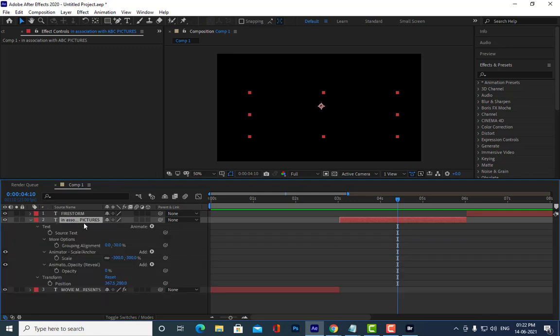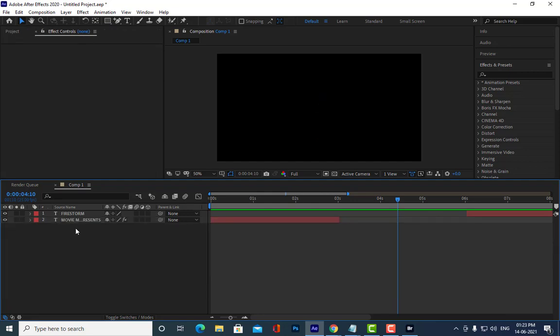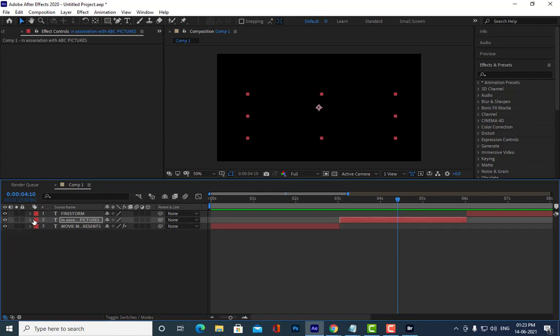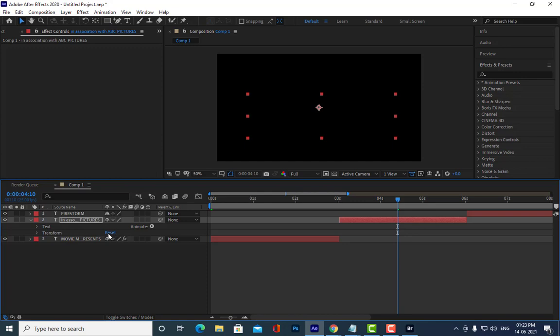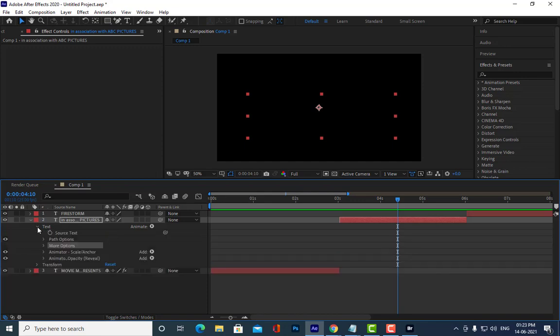See, you can double click, you can hit O, okay? You know what is O? Does anyone know what is O? Nobody knows? O is to go to the end point of the layer.